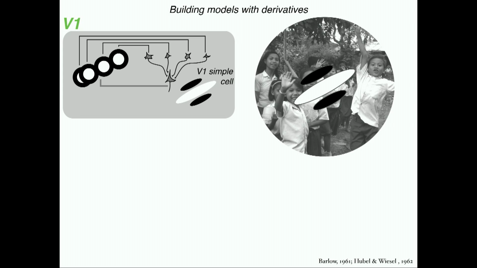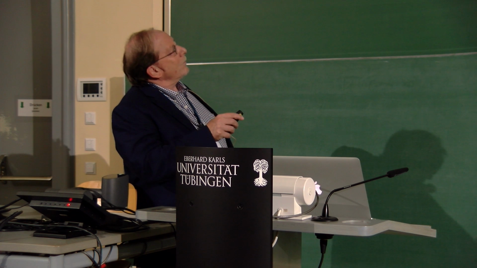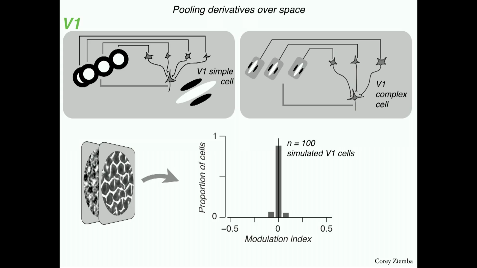We're putting derivative operators on top of natural images, and we're asking these models how well they can distinguish naturalistic texture from noise. That's using this modulation index, which I've mentioned a couple of times before. And the answer is that this particular structure, that is the V1 simple cell structure, does not provide any useful